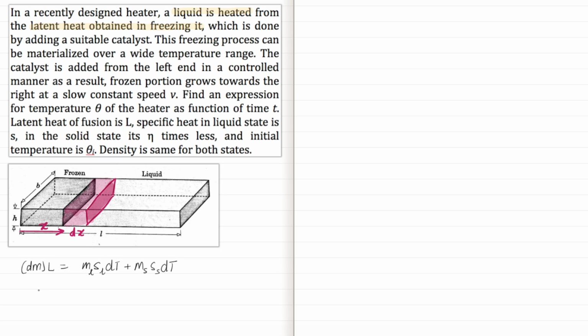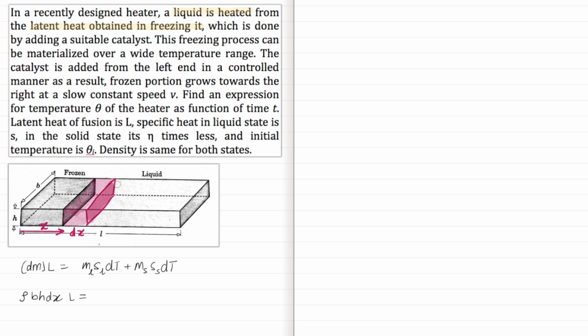Now since the density is the same for both the solid and liquid, let's write the masses in terms of density. So this will be density into volume, and volume would be b h into dx. The volume of this small shaded part will be b into h, the area of cross section, into the length dx. So b h into dx. So dm is rho b h dx, into L is equal to